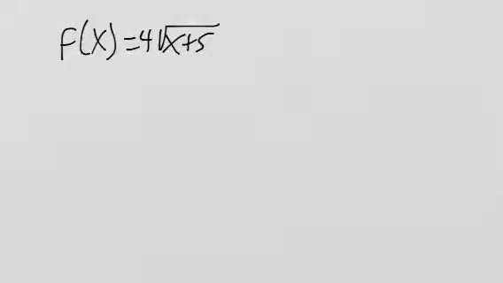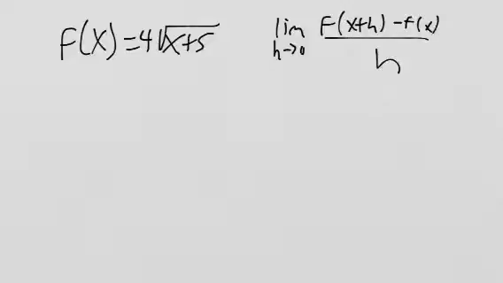Okay, so for finding this derivative, we have to use the limit definition of a derivative, which you're going to have on the final. The limit as h approaches 0 of f of x plus h minus f of x over h. So what you do is you take the whole function, right, and you plug in x plus h for this first part, and then you just rewrite the function for minus f of x, and that's going to